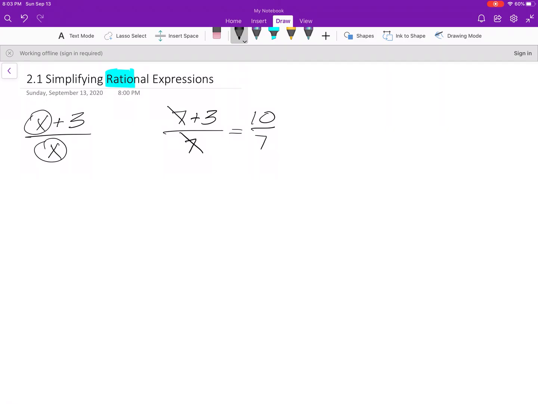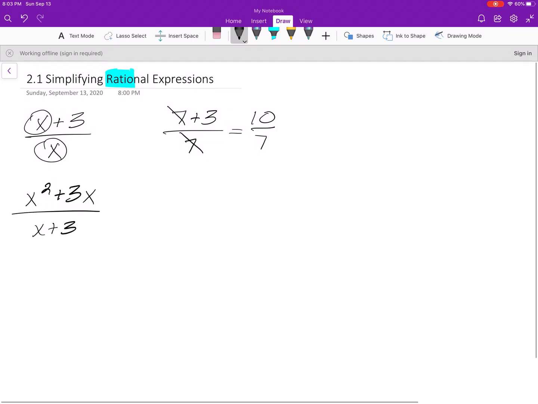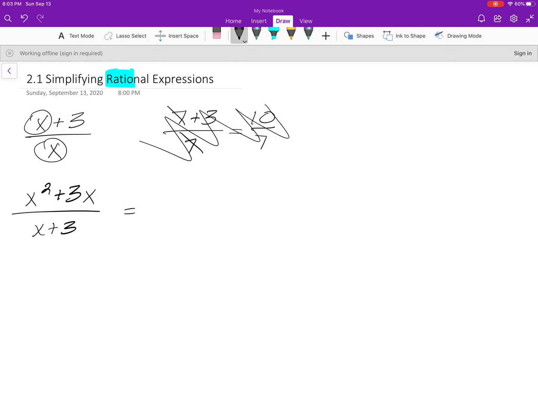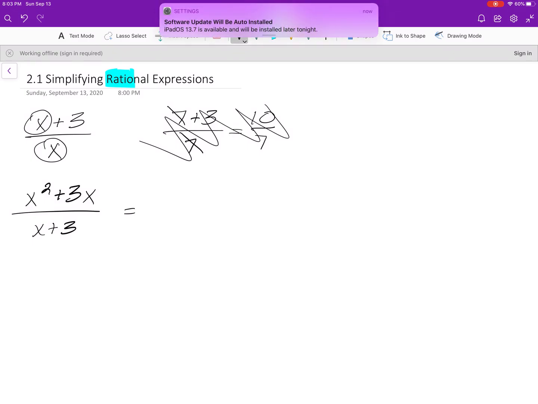Now, on the other hand, if you get a rational expression that can be reduced, you're going to recognize it because you're going to be able to factor one of the parts and possibly get it to look like the other part. So let's see. I should have crossed this one out because you can't do that. That's not right. All right, so this next one, if I look at the top of this fraction,